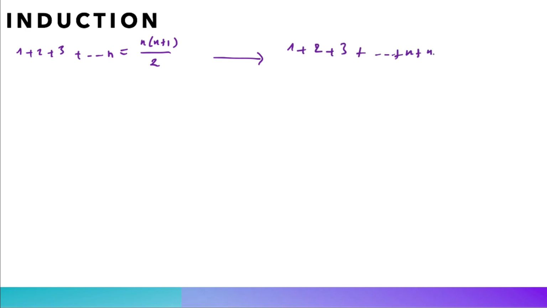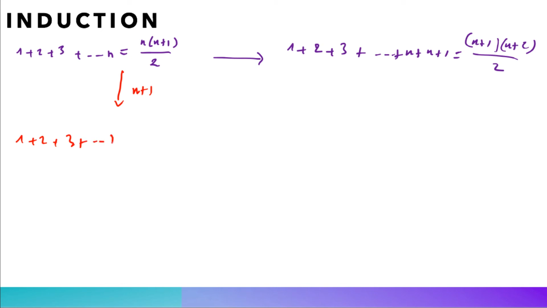Suppose that we have for a certain integer n, 1 plus 2 plus 3 plus ... plus n is equal to n times n plus 1 all divided by 2, and we would like to show that this implies that 1 plus 2 plus 3 plus ... plus n plus 1 is actually equal to n plus 1 multiplied by n plus 2 all divided by 2. Indeed, adding n plus 1 to both sides of this equality yields 1 plus 2